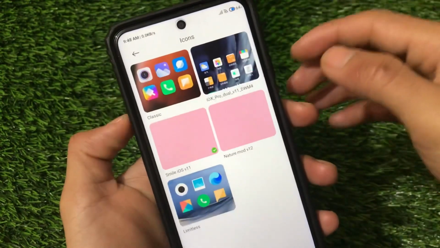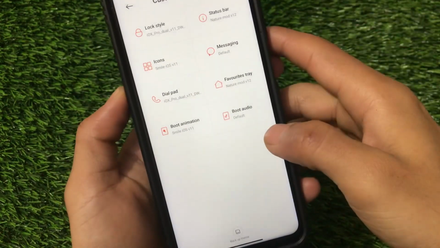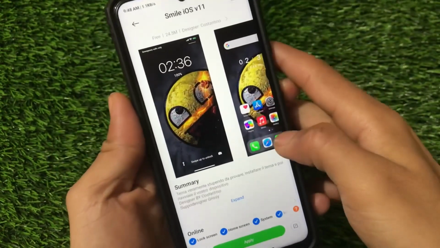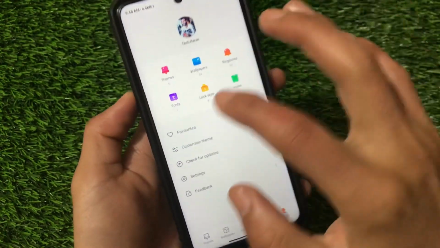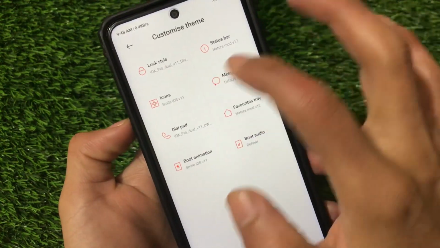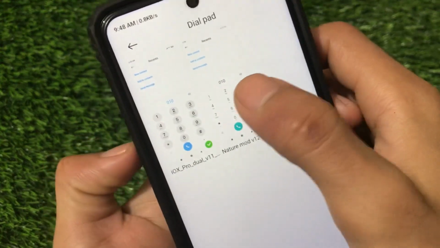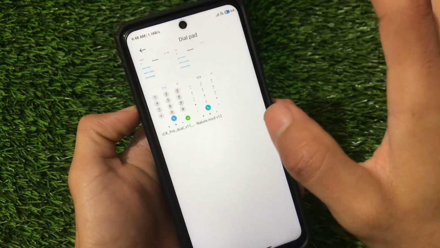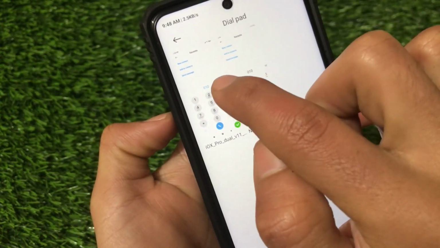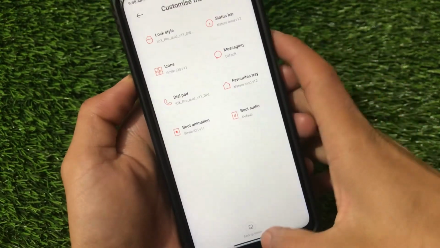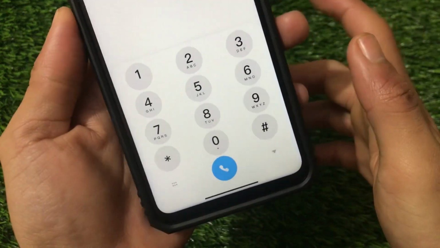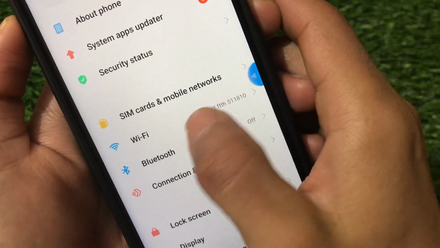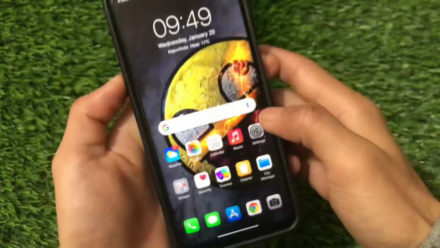Now we have the icons, and the icons are the same which I was looking for, which means the simple Smile iOS. You can see like this one, we have the Smile iOS icons, and wallpapers are from here. You can customize many things, up to you. We already know about the customize theme options available. Messaging is the same here. Dial pad is also changed by default in nature mode. In the Smile X iOS theme, you don't get this kind of dialer pad, but by applying this IOX Pro one, we have the dialer pad changed. As you can see, we have a different dialer pad, and also after applying those themes, we have this kind of indicator option available, which I was looking for, looking really impressive and great.